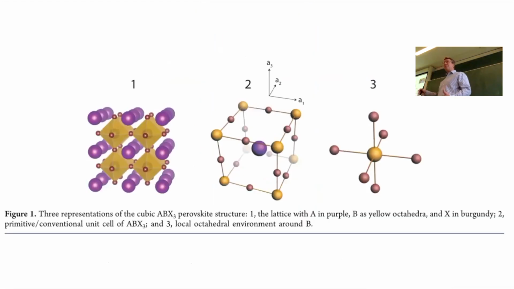But you can also look at it from a different perspective to the crystal. Now, this is one of these octahedral coordinations around the lead. Here we see the formamidinium ion or the cesium ion. And so here you see another view of the same material. Here you see that all the octahedra are together. So this is an intact octahedra that can basically conjugate with all the positive charges from formamidinium around it. Now, the main electronic properties, they actually come from the lead and the iodo. The formamidinium or the methylammonium or the cesium, it has a role, but it's not really the color or the